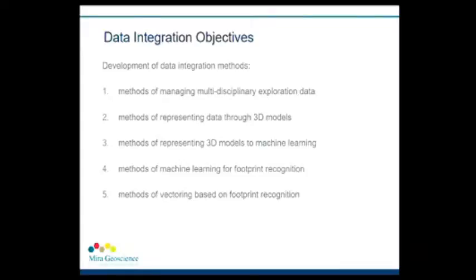How to represent those 3D models to machine learning, that's a very interesting and complex subject in itself. You can't just take data and chuck it in. You have to, I'll just say, think it through. And then how do you use the machine learning to try to understand, in the first instance,